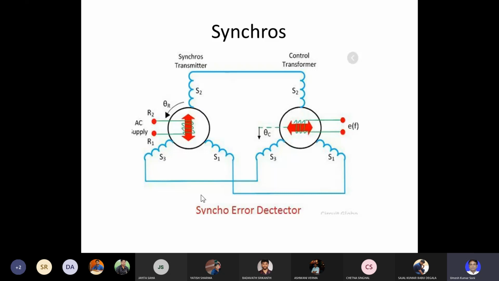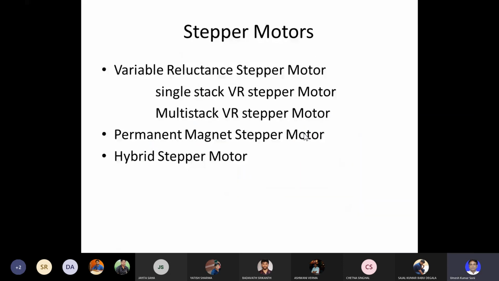So whenever certain D and Q voltage is applied here, DQ flux is applied, then if we have given a DC supply to the rotor, it will take a certain position depending on the magnitude of D and Q voltage. So depending on the AC supply in the transmitter part of synchros, there is an angular position in the receiver part of the synchros. So this is also an electrical actuator.